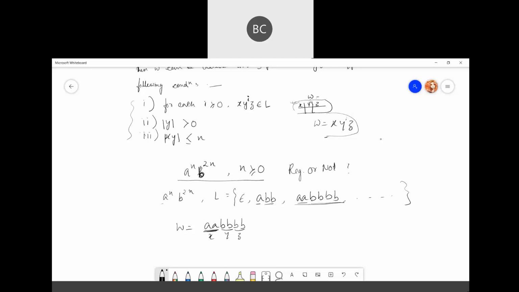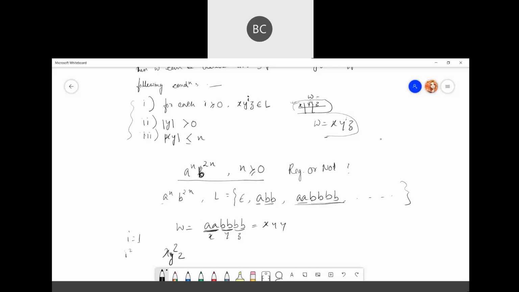Now you need to pump the value of y. The value of y here is bb. For i greater than or equal to 0, the value of i is currently 1. Now I will increase the value of i, maybe i will be 2. That means I will do xy^2z, where i equal to 1 is simply xyz.